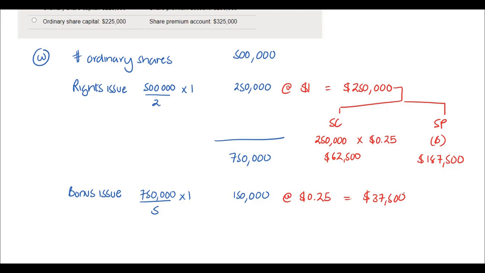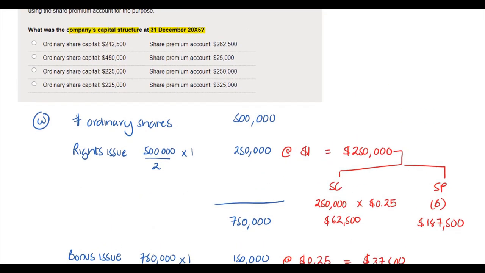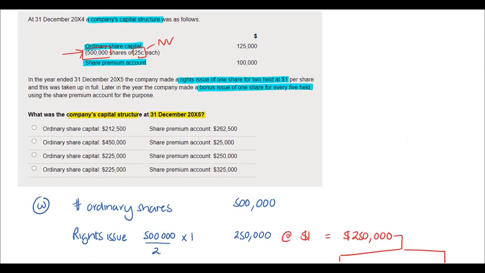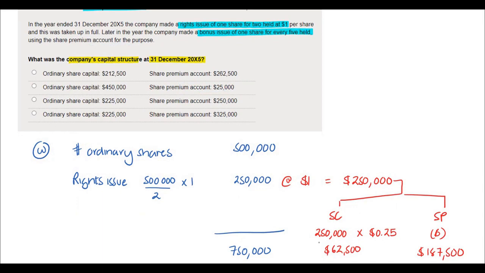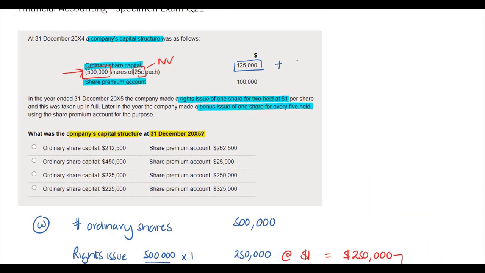Now, having calculated these amounts, we can simply work out now the total balance for our share capital and share premium at year end. So if we start off with the 125,000 in share capital, add on the amount that is generated from the rights issue, which we calculated as 62,500, and we add on the amount that is going to be increasing the share capital because of the bonus, which is the 37,500. That gives us a closing share capital balance of